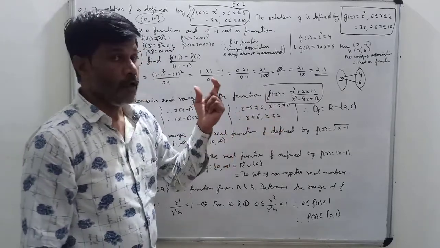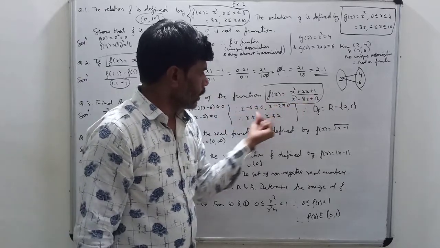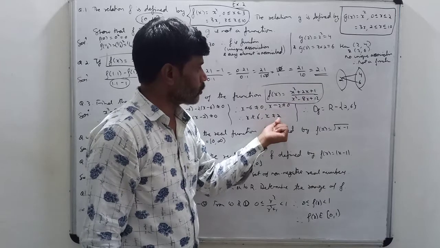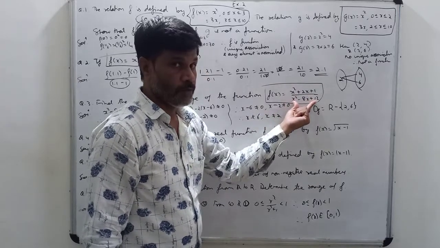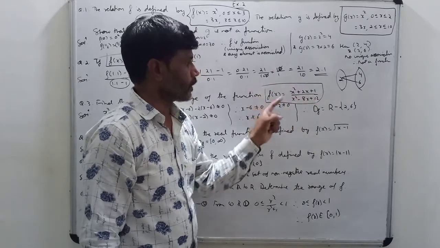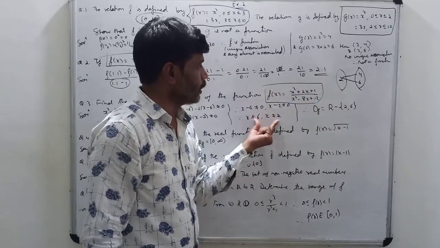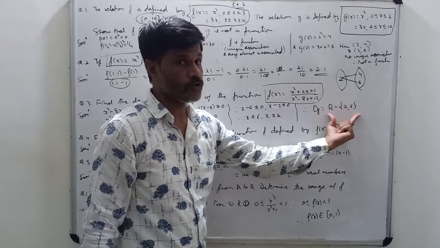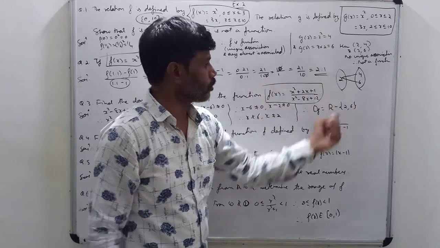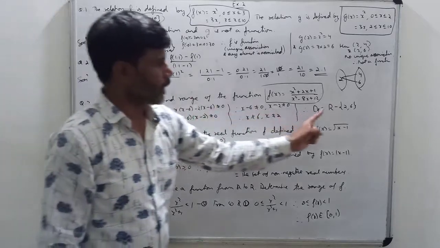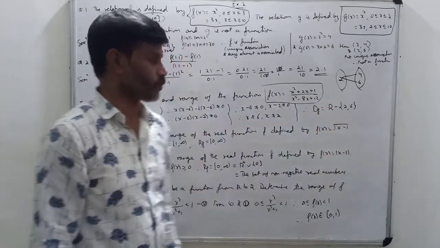It means if in the denominator, in place of x you put 6, then it will become 0, or in place of 2 you put, then the denominator will be 0. So the denominator should not be 0 for the function to be defined. So from all the real numbers you have to remove these two elements, that is R minus {2, 6}. So this is the domain of the function. Okay, here range is not asked, only domain is asked. So the domain of the function is R minus {2, 6}.